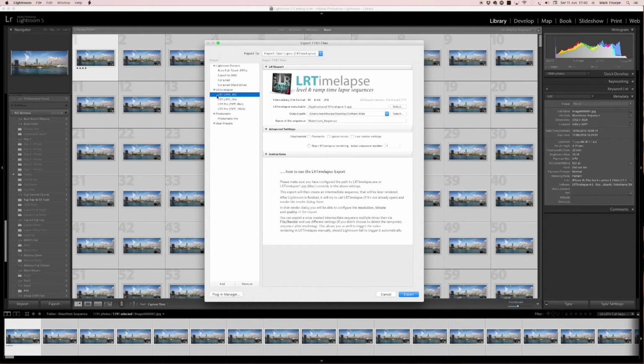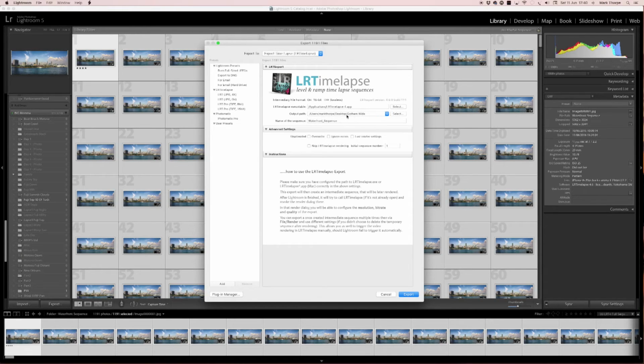You can have each frame as a JPEG 4K resolution. You can go as a JPEG but with original resolution. You can go 8-bit TIFF or 16-bit TIFF. For the sake of quality, I'm going to go with 16 bits. So let's plug that in there, which basically means this is going to be one hell of a huge file for a 23-second video